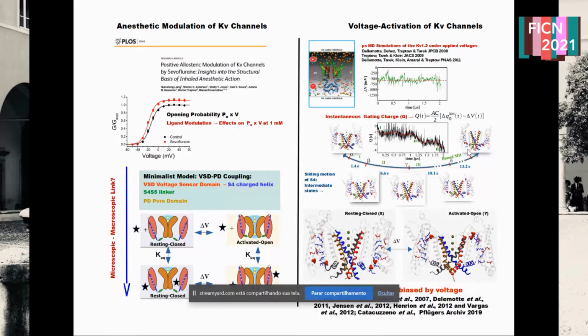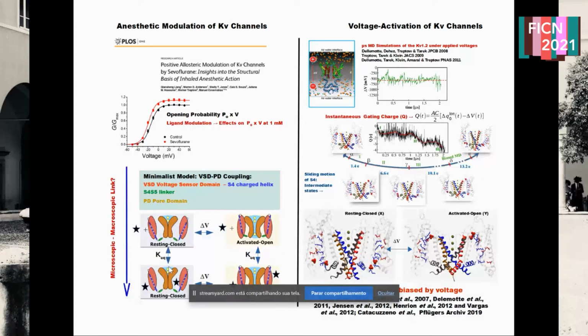And indeed, that structure is very similar to other structural models proposed for the resting closed state of the channel. Some models were proposed by independent groups following independent strategies, in such a way that today in the literature, there is this consensual view that Kv1 is activated by voltage following a cycle between these kinds of molecular states. So according to these findings, we have relied on these two molecular structures